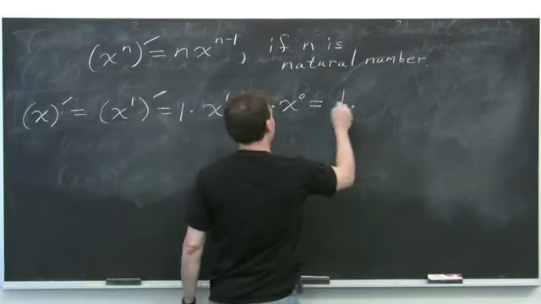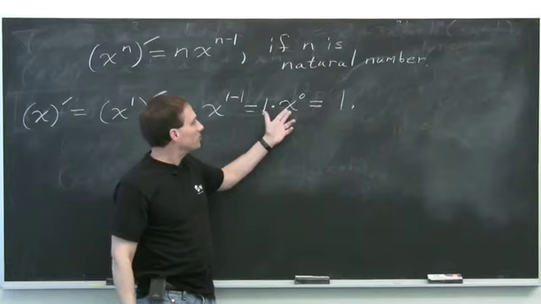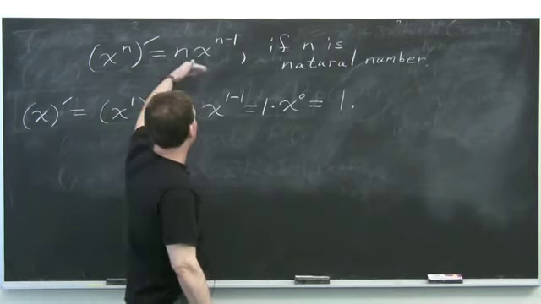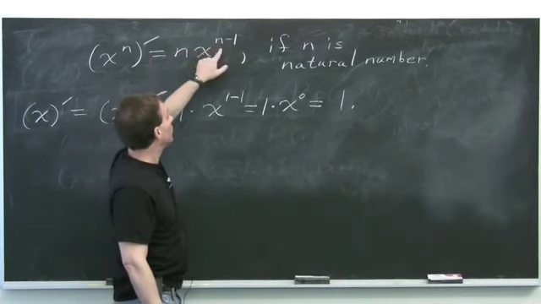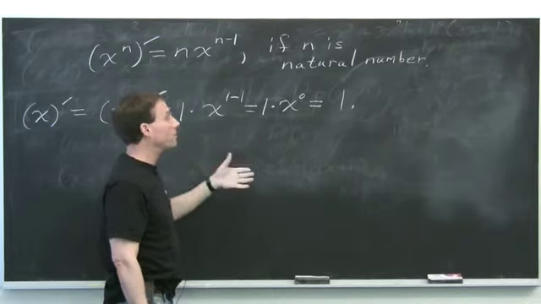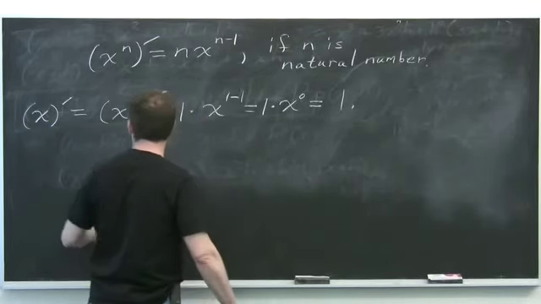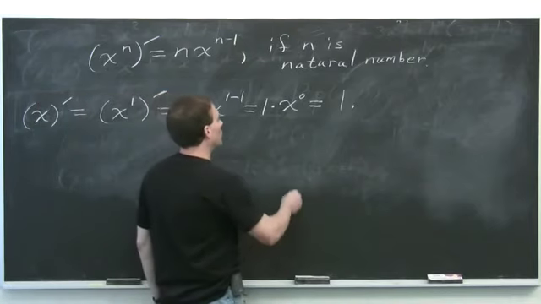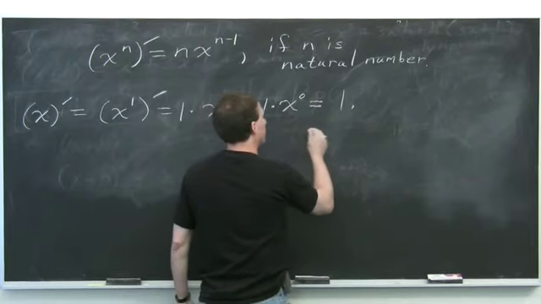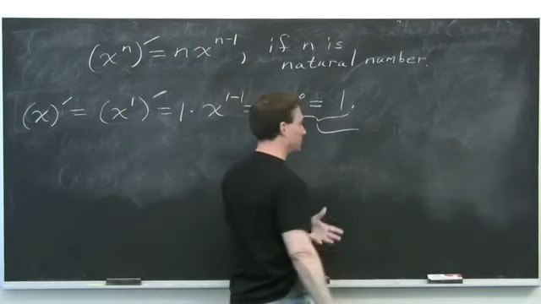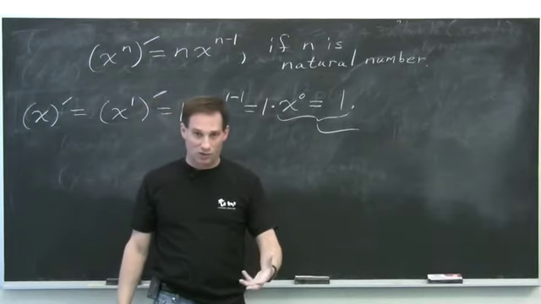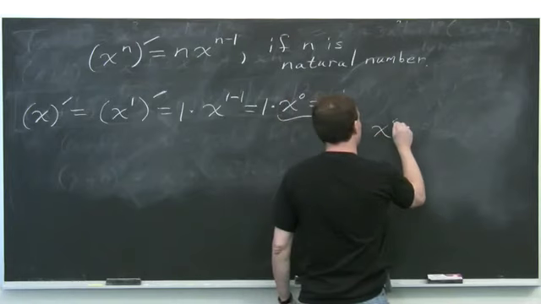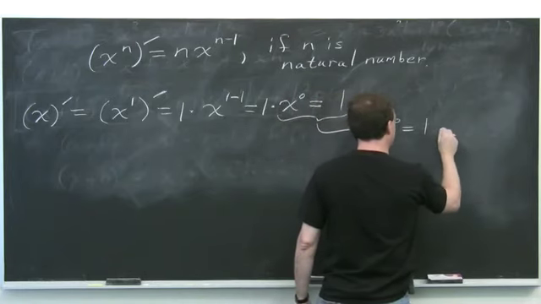Well, x to the 0 is 1 if x isn't 0. If x is 0, 0 to the 0 is technically undefined. But yes, we just agree that as far as the power rule is concerned, when n is 1 and we get x to the 0 here, we mean that it's 1 even if x is 0. Because this function is certainly differentiable when x is 0 and you still get 1. So just so that we can say the power rule is true when n is 1, we have to adopt the convention that x to the 0 in the power rule equals 1